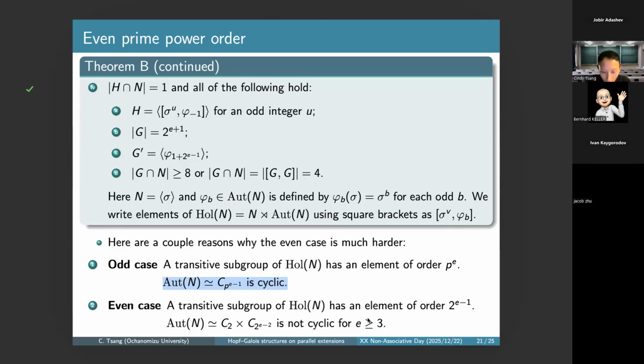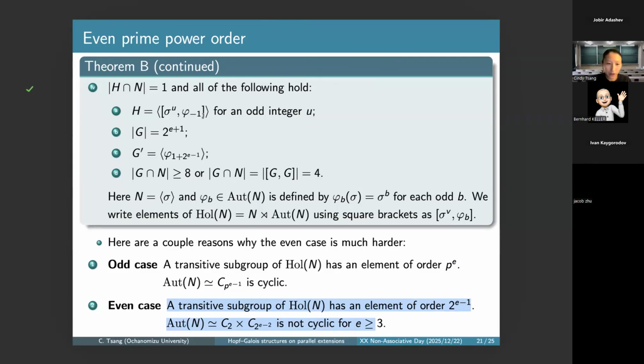I guess when the order is 8 or more, then it's not cyclic anymore. So it gives you more possibilities. Another thing is that when you look at the transitive subgroups of the holomorph, in the odd case, one can show that a transitive subgroup of Hol(N) has to have an element of order p^e. That rules out a lot of possibilities when we look at G mod C. But in the even case, this is not necessarily true. The only thing one can show is that it has an element of order 2^(e-1), so you have to divide by a factor of 2. That's why in the even case there are just too many different possibilities to consider, and that leads to all these